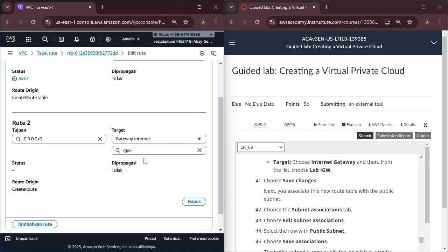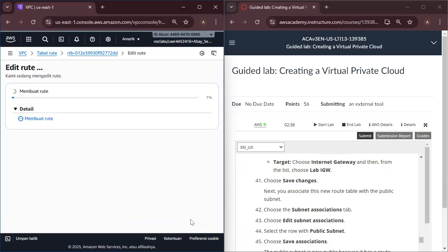Choosing Lab IGW from the list. IGW, and save changes.